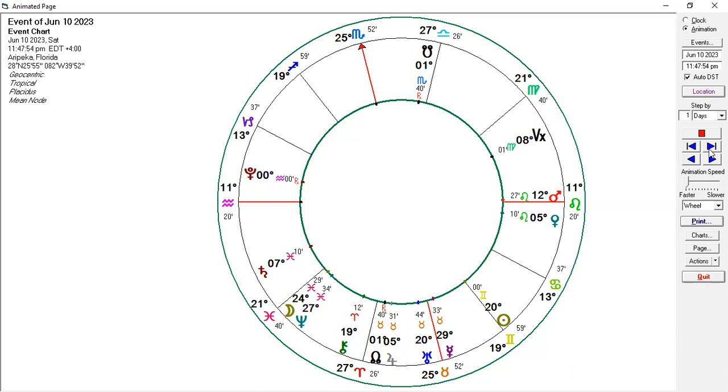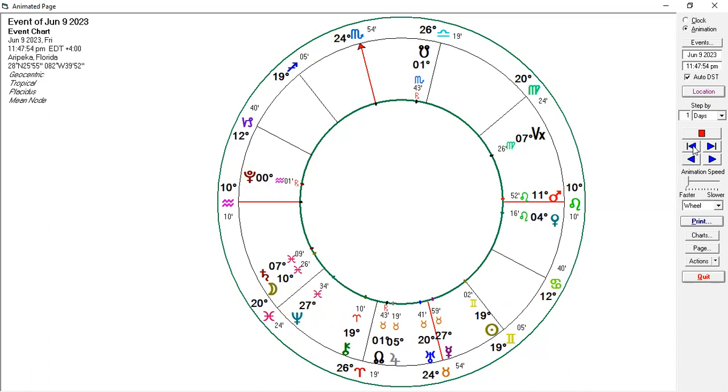Let's see. What else do we have on? Let's go back. Friday, there was another, I know what I wanted to show you. Friday, we have the Neptune and Mercury sextile, and they've been lining up. You saw that. Where is it? Down there? 27 Mercury and 27 Neptune. And let's see, I wanted to read you something